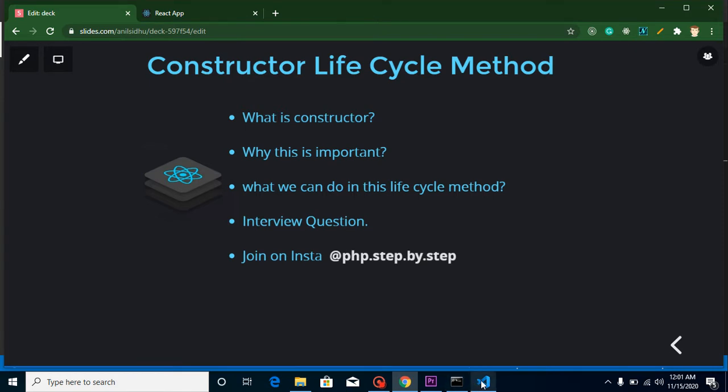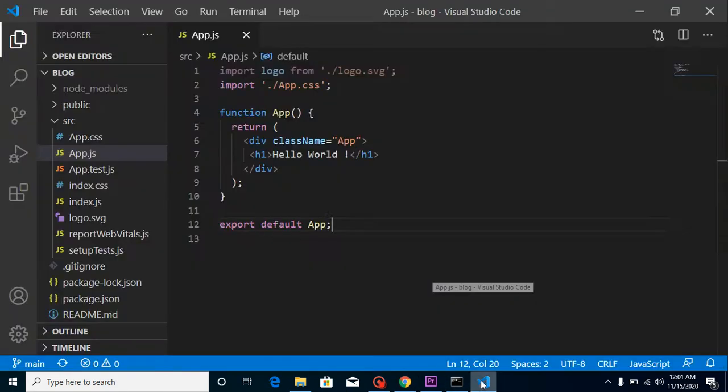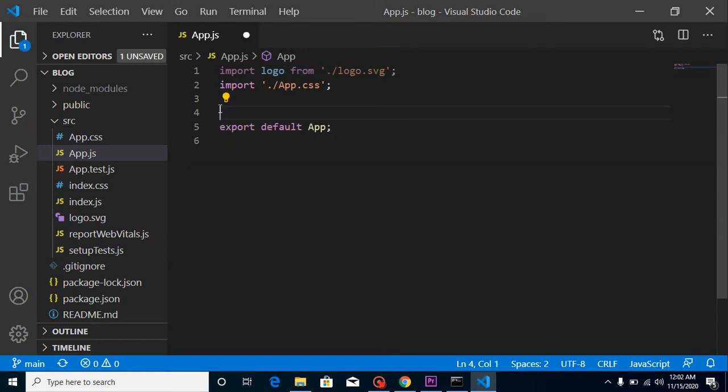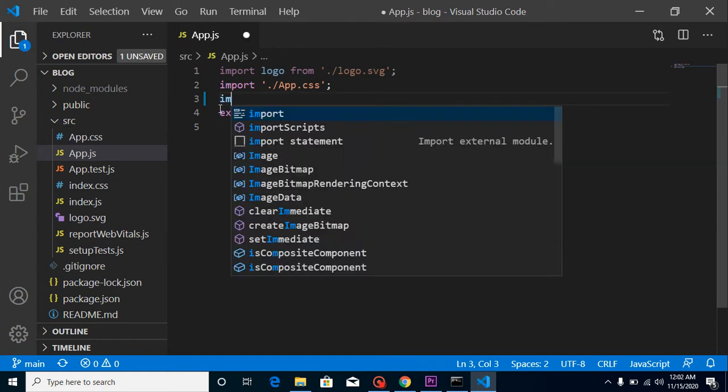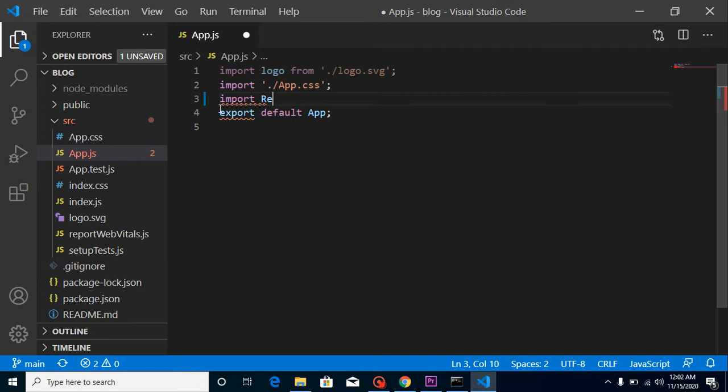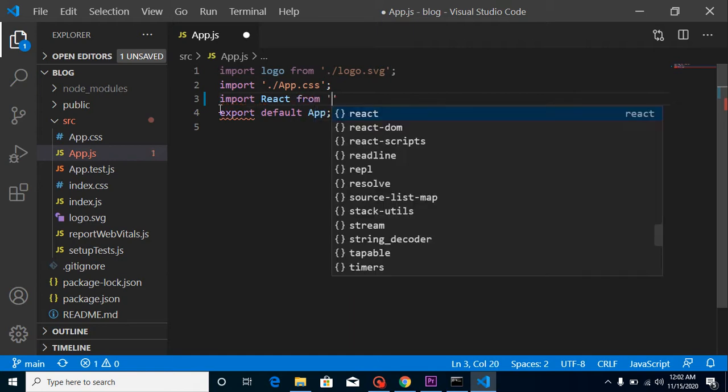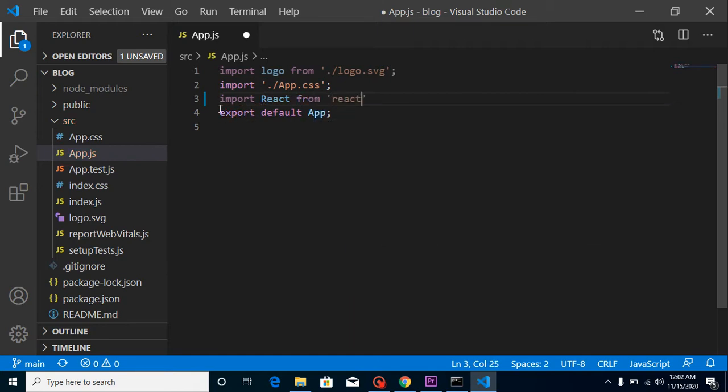So now let's look at an actual example. I have a functional component, so I'm just going to remove it. And let's import React from the React library.